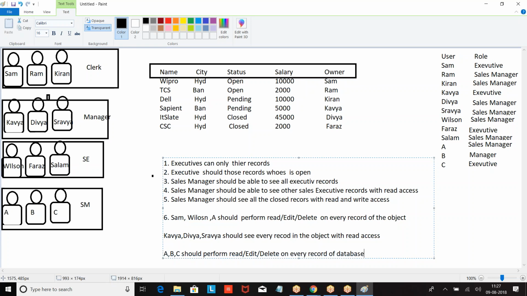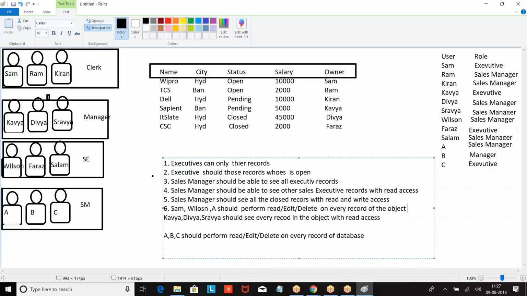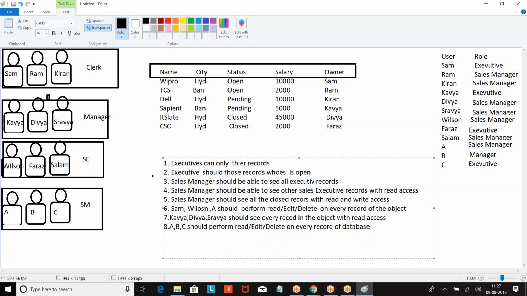So this is the complete requirement. From this complete requirement, you are supposed to analyze what should be the OWD, then how you give the extra permissions. That's your choice. Then Sham, Ram, Kiran should not delete any record.